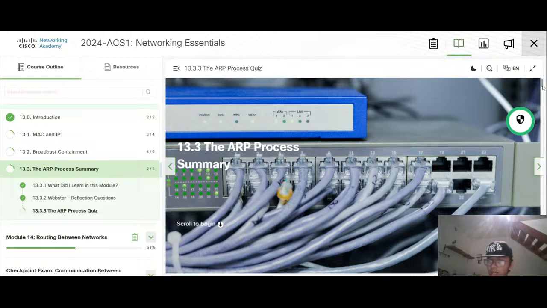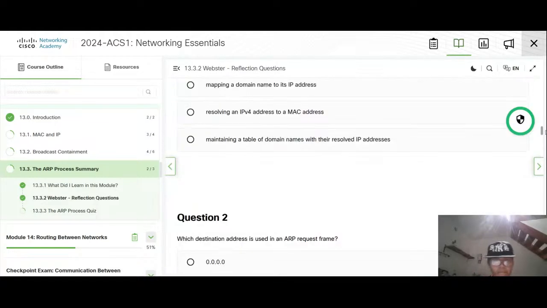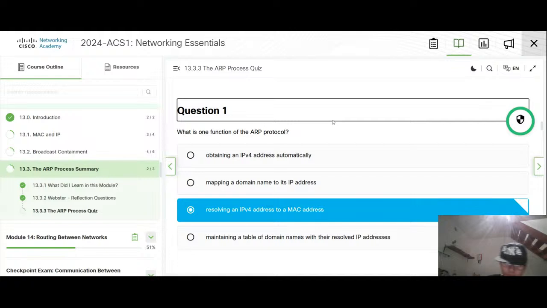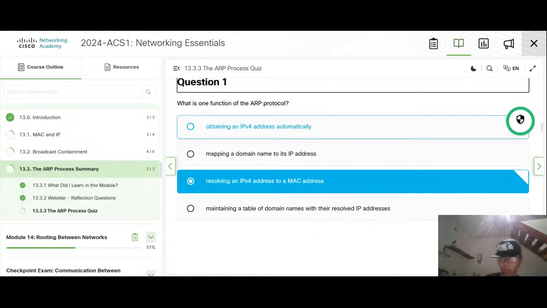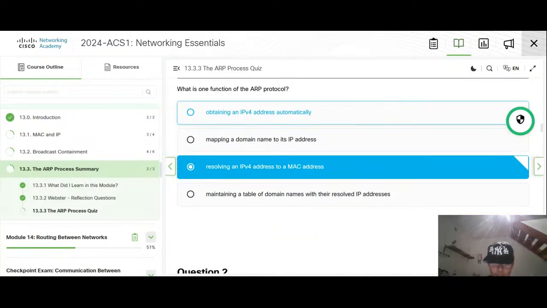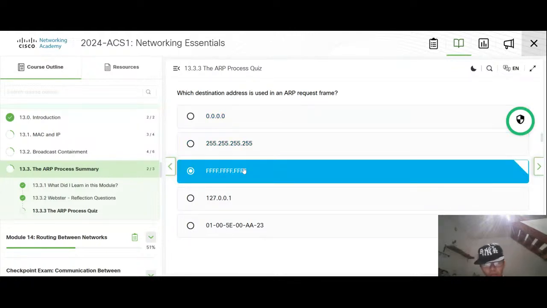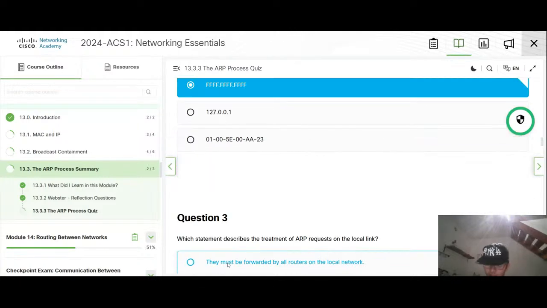What is the function of the ARP protocol, which is Address Resolution Protocol, used for resolving an IPv4 address, which is the logical IP address, to the MAC address. It is FFFF.